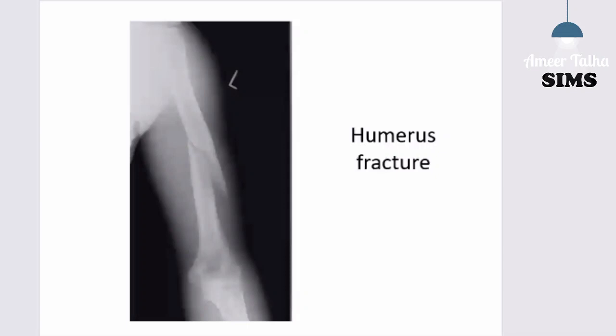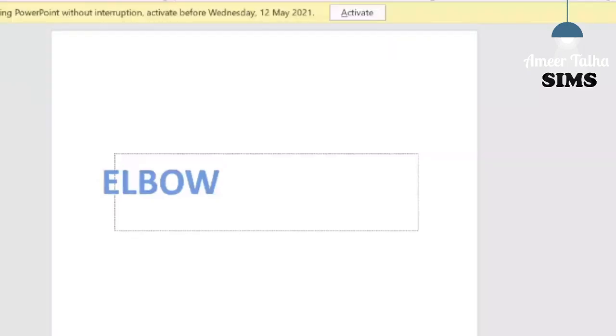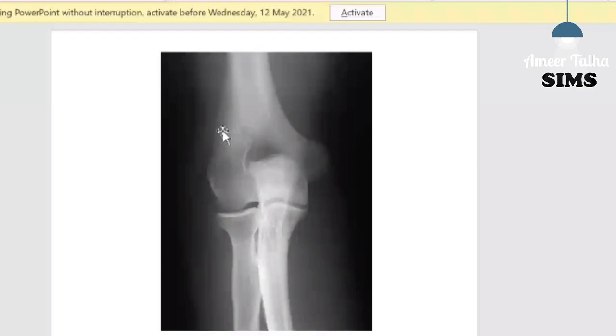So next we proceed towards the other part of this radiology class. This is showing the elbow joint and the lower end of the humerus forming joint with the radius and the ulna. This is the olecranon fossa. This is the medial epicondyle, and this one is the lateral epicondyle.